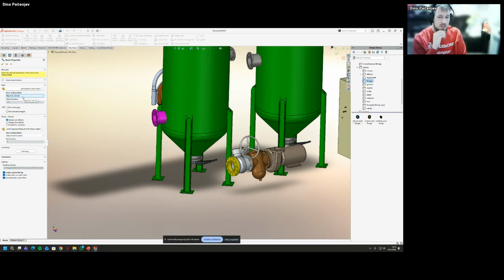So for routing, it's a key thing that the configuration needs to exist in the starting component, and it needs to exist for the pipe to be automatically recognized, and for the elbows as well. We also have coverings here, which we're going to touch a little bit later. For parameters, this is set already in the components. Here, routing specification, we're going to touch that in the next part of the demo.